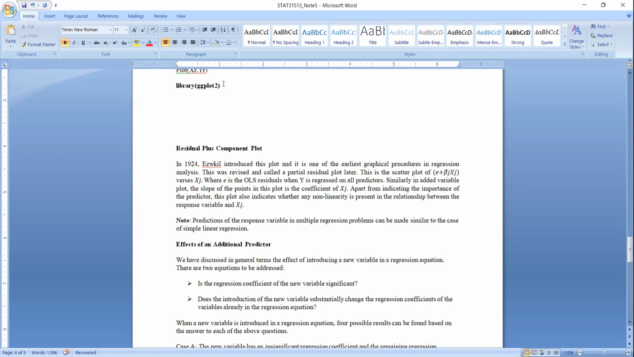In this case, what you have to do is, if you want to check whether an independent variable is important, let's say we are going to check the importance of the variable xj. You have to take the scatter plot between xj and e plus beta j xj. So what is this e? E is the residual,